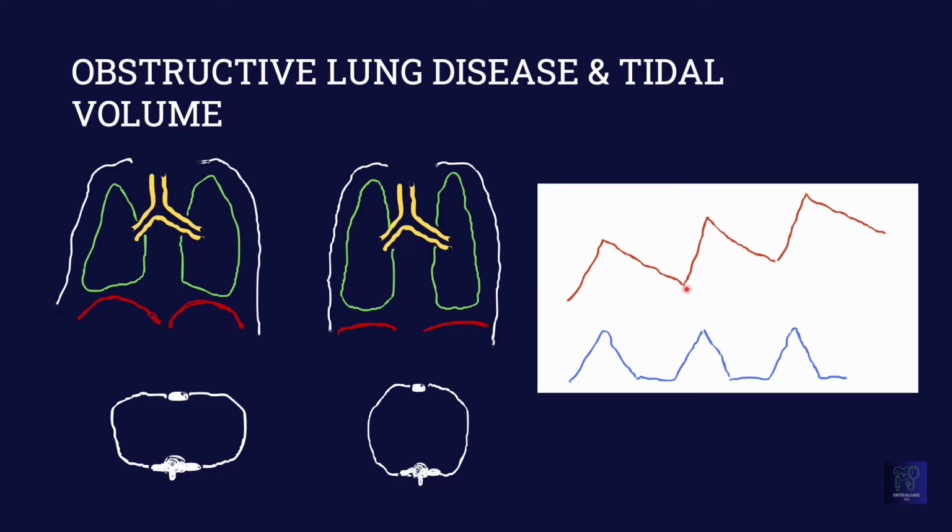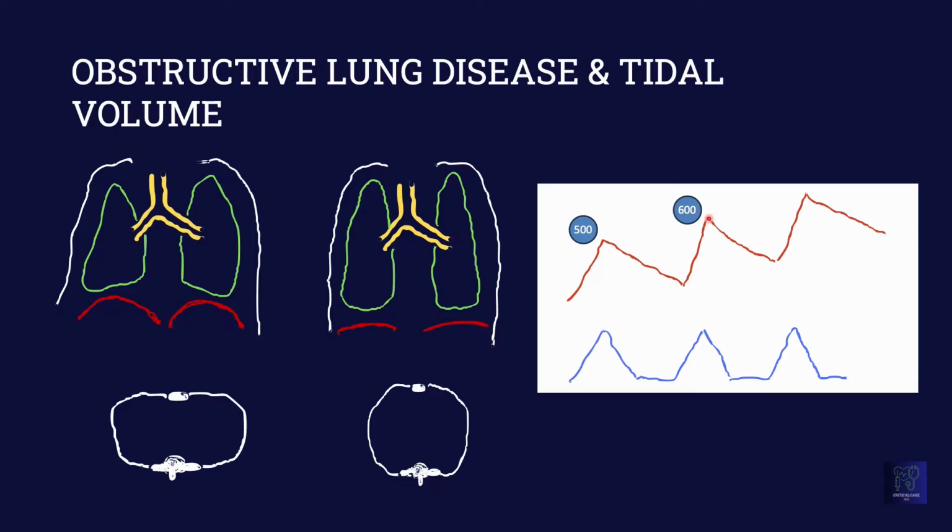So as the disease process worsens, or during exacerbations where they're breathing fast, they don't have enough time to fully exhale or fully empty the lungs. Let's say this patient inhales 500 cc tidal volume, but only has time to exhale 400 cc. Means there is about 100 cc left behind,